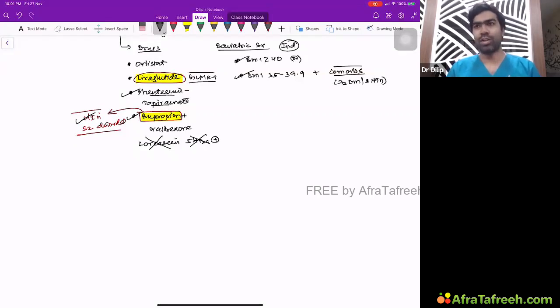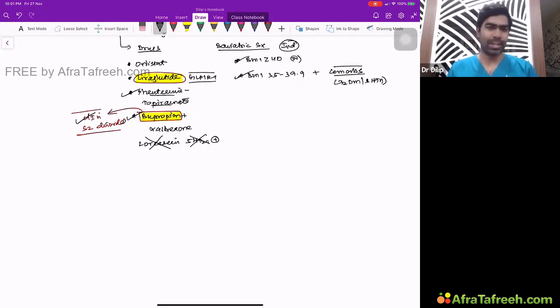These are restrictive procedures or Roux-en-Y gastric bypass. The highest amount of weight loss is generally achieved with Roux-en-Y gastric bypass only, but that has a little more side effect profile. That's why Indian patients usually go for banding, or probably they go for sleeve gastrectomy, which is actually a little bit more comfortable.